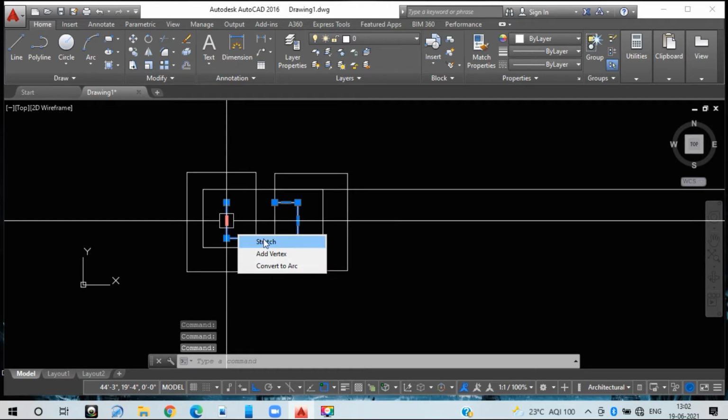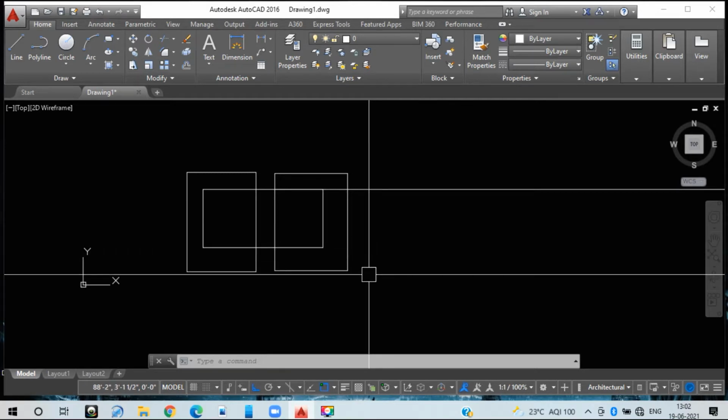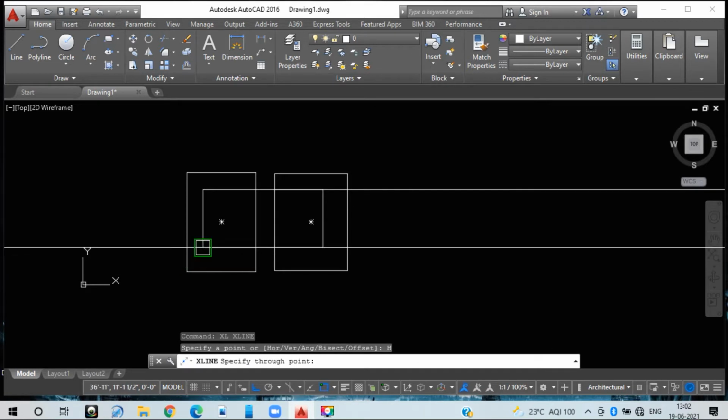In today's lecture we are going to learn AutoCAD shortcuts. This is part 2. In part 1 the length of the video was too long, so to avoid that, I have made a part 2. See here, I was taking the line command with respect to horizontal.